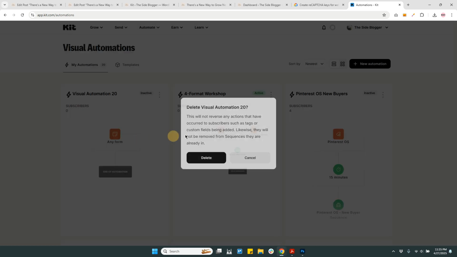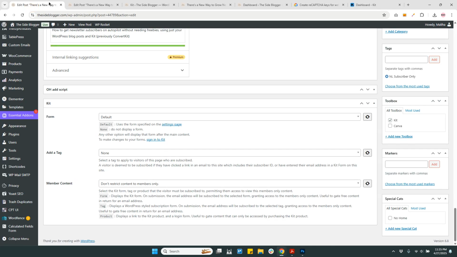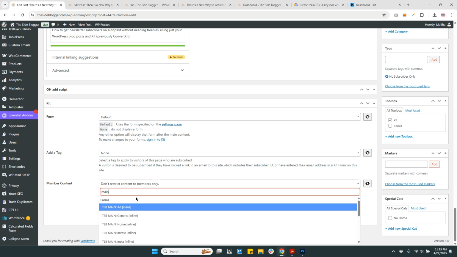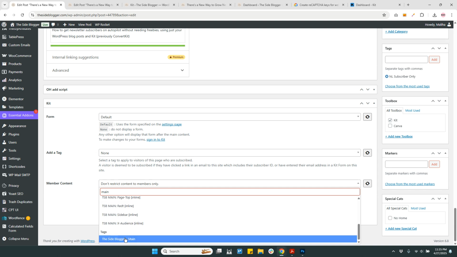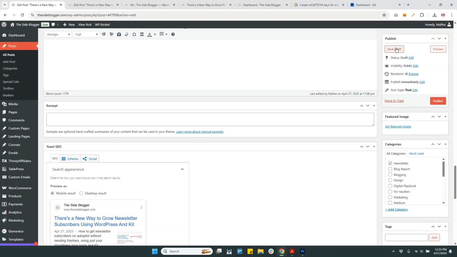I'm actually gonna go ahead and delete the new one that I just created because I don't need it. Anyway, so just wanted to show you how it works on the Kit end of things. And then once you have done all of that, come back here and then click this area so it shows everything. For me, remember, all of my subscribers are tagged with the site blogger main, so I can just search for it. I can just start typing, and then under tags it says the site blogger main. I'll click that, and then I will save draft,